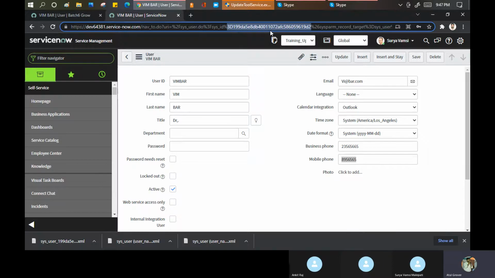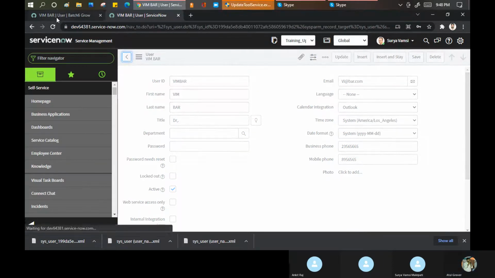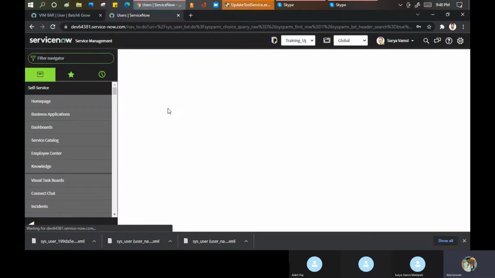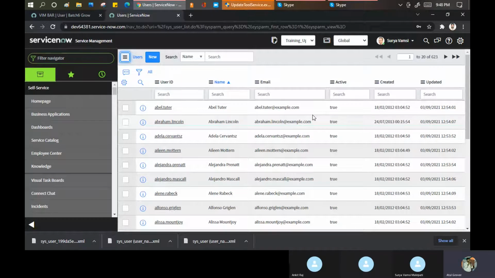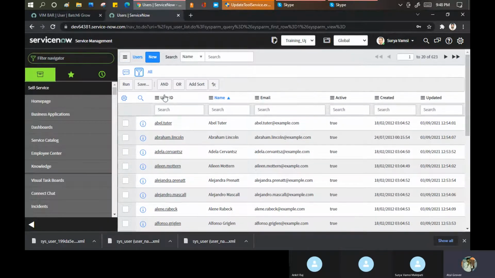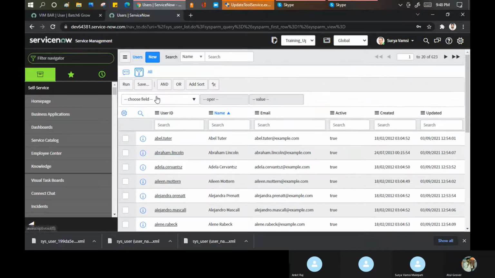Okay, sys ID should be same. You will be surprised to know this thing. If you are not able to find any record with these English words, with English name, don't worry. Go here and type in the funnel icon, type the search as a, let it be open. SysID. Put the SysID, you will get the record.